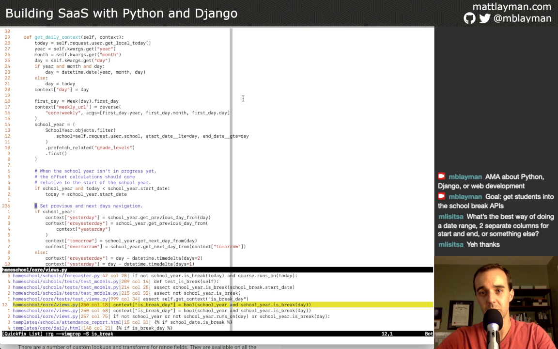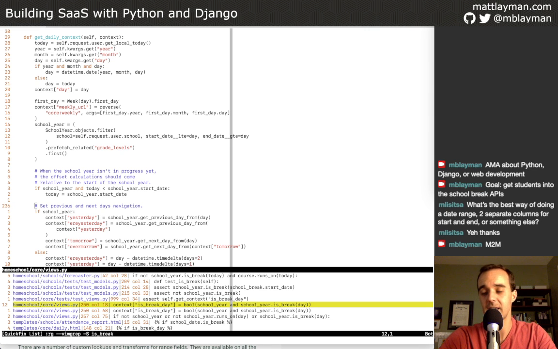If I model this with a many-to-many field, it's possible that I could create a school break and not have any many-to-many relationships to it, and that could represent a school break that applies to all students.